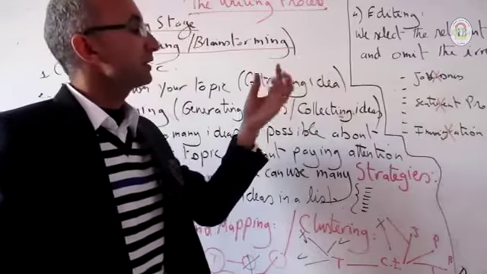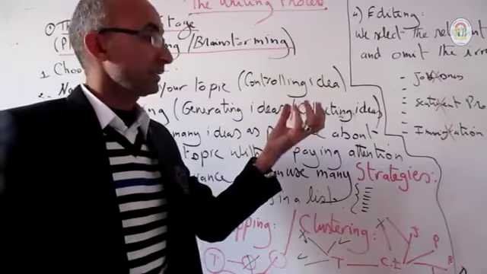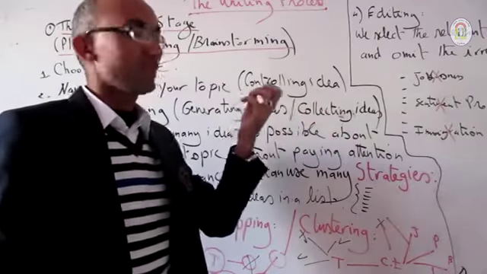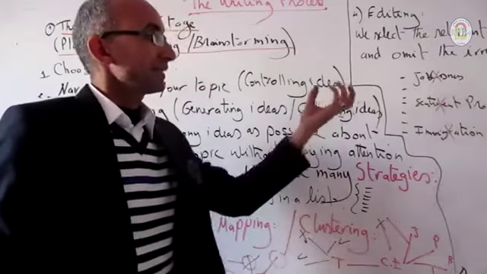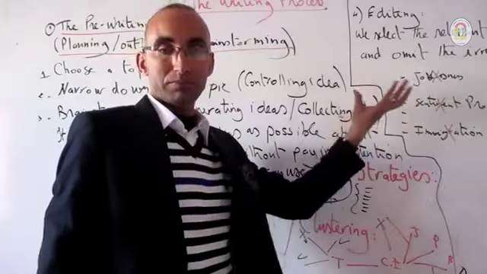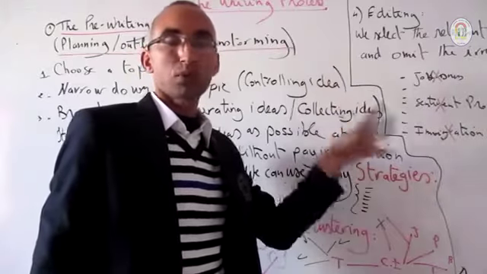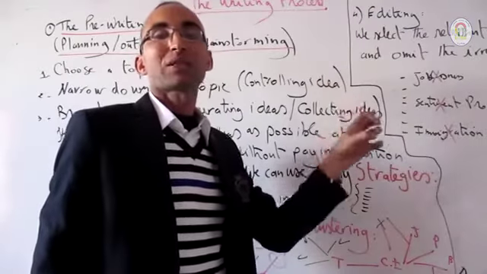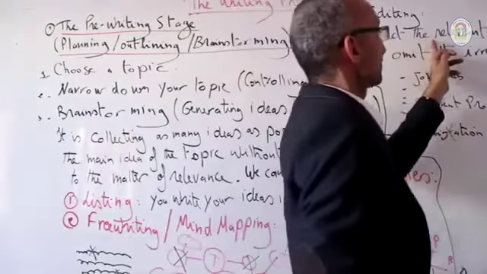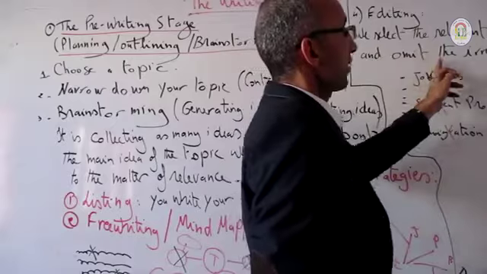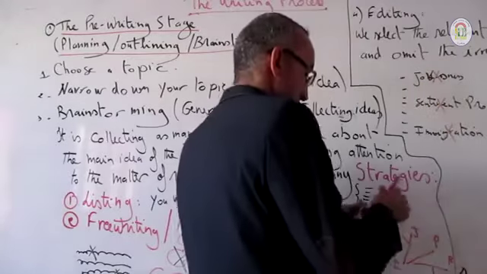So these are my ideas which are left after editing the relevant ideas. Now it's time to order them and put them in the form of an outline. So we select relevant ideas and omit the irrelevant ones. Then next step,